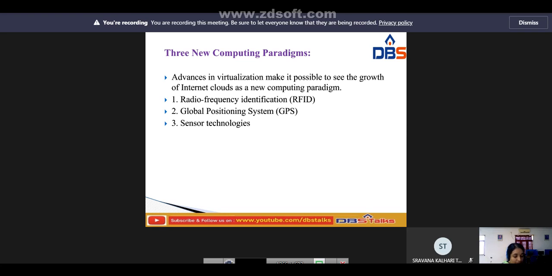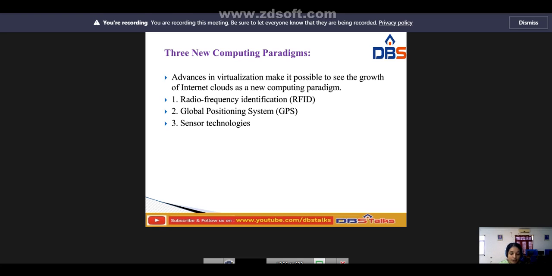Many people define the term computer. In 1984, John Gage of Sun Microsystems created the slogan, the network is the computer. So the network is the computer. In 2008, David Patterson of UC Berkeley said the data center is the computer. So recently, Rajkumar Buyya of Melbourne University simply said the cloud is the computer.